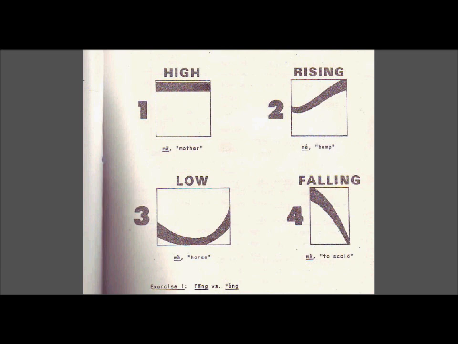The second tone is called the rising tone. It starts in the middle of your range and almost immediately rises sharply to the top of your range, as shown in the display. Listen to the rising tone word, which means hemp. 麻